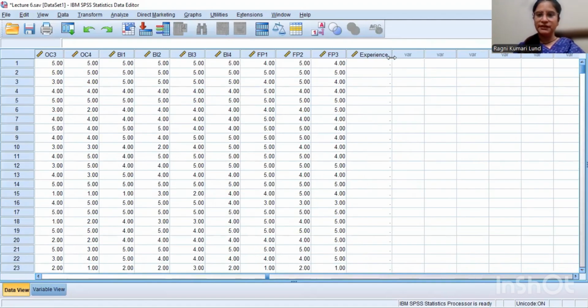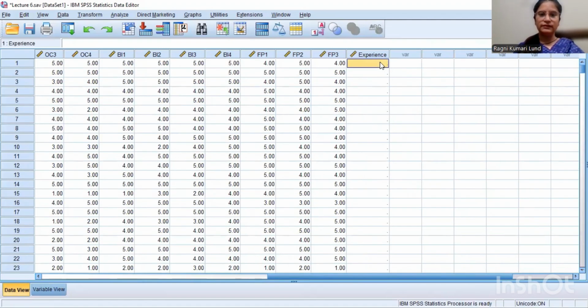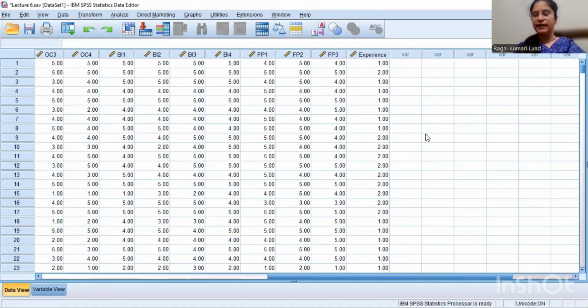Here I have one moderator, but if you have more than one, then you may add them. Go to the Excel file, copy all your responses, then add them in your SPSS file. Here you can see our moderator data is added and the SPSS file is ready to go for moderation in AMOS.